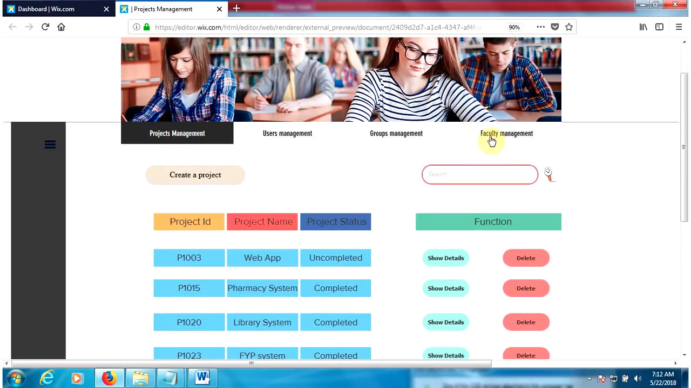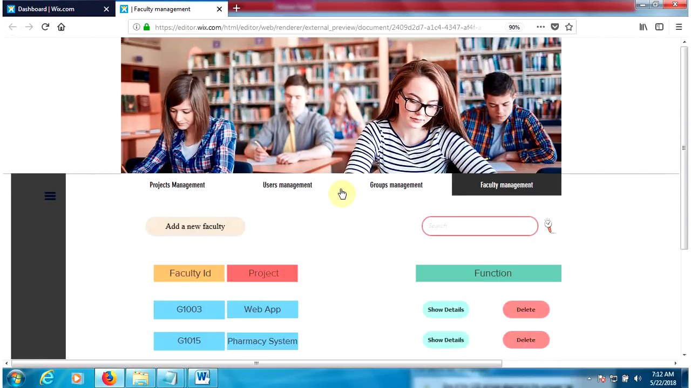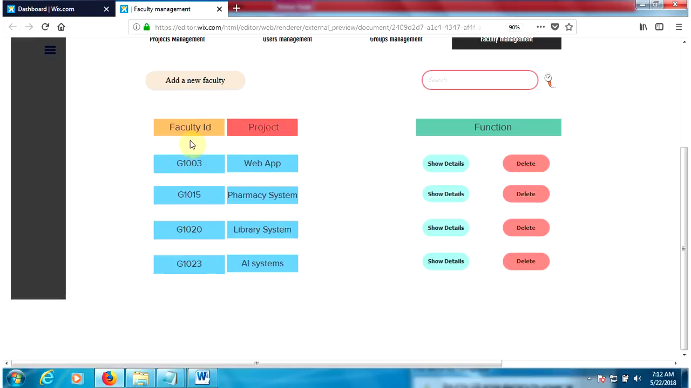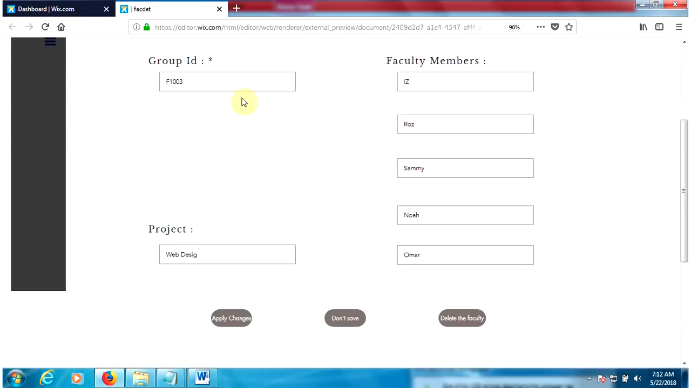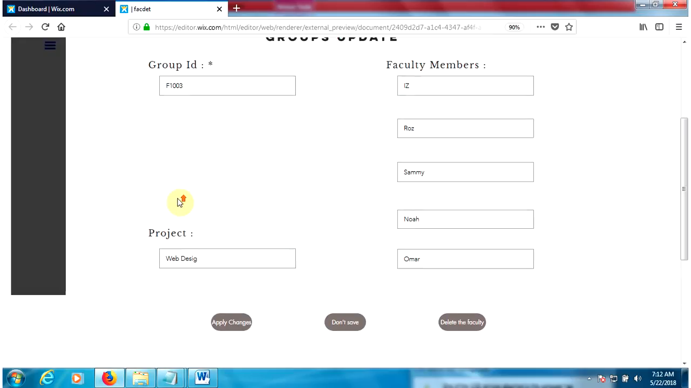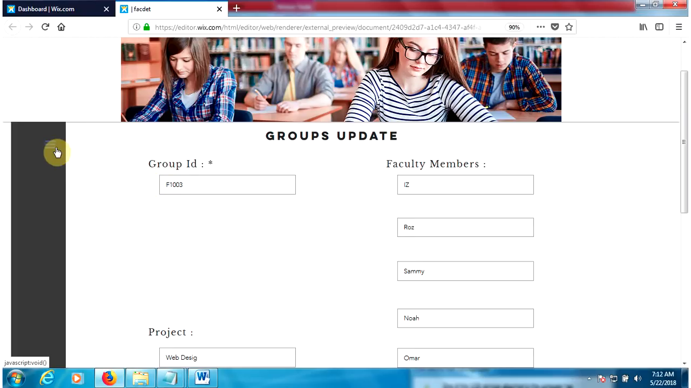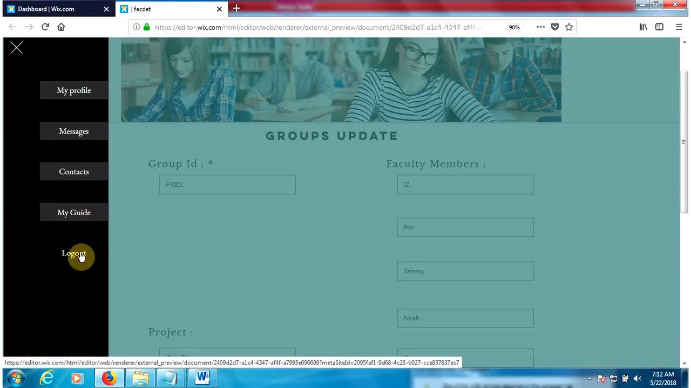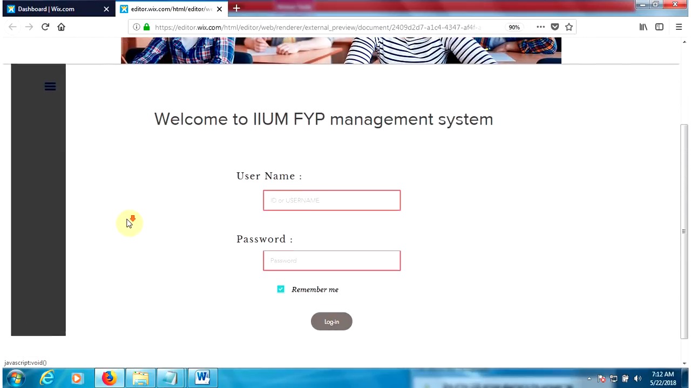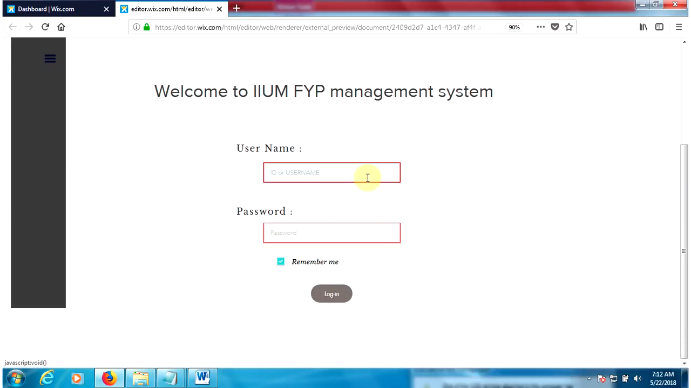Okay, then we have the faculty management. As you can see, for the faculty, you have the ID of the faculty, and then you have the project. So if you go to show details, in here you have the group ID, and you have the members in this faculty. Okay, and you have the project name. If we want to log out now and see the other, for example, you just click on log out,